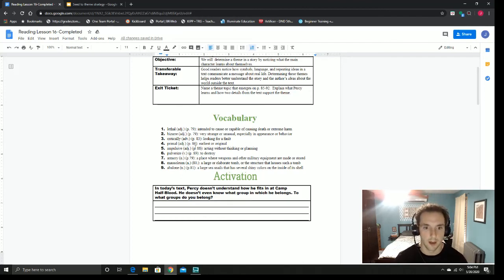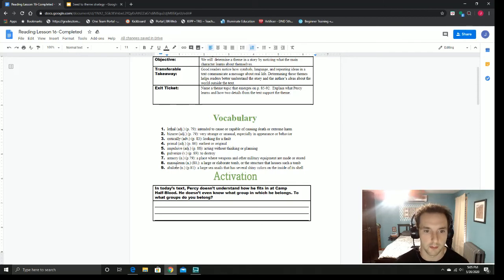You're being impulsive. Number 6 is pulverize, which means to destroy. Not just a little bit, too. If you pulverize something, you're like beating it into the dust. It's destroyed. And then these words are a little bit more specific, and you're not going to see them that often, but they're good to know to help you understand the story and especially visualize the setting. The 7th is armory. It's a place where weapons and other military equipment are made or stored. So anytime there is an army, the weapons that they use, whether they're guns or axes or whatever time period, it's just a place where their weapons can be made and put away so people know where to get them.